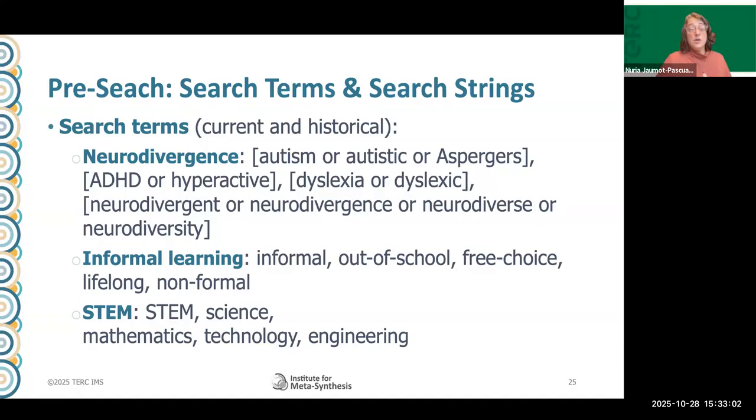Informal learning, you can go into informal, out of school, free choice, or if you want to be more specific, you want to talk about after school and museums. And then in terms of STEM, STEM in general, science, mathematics, technology, engineering. So the next one,